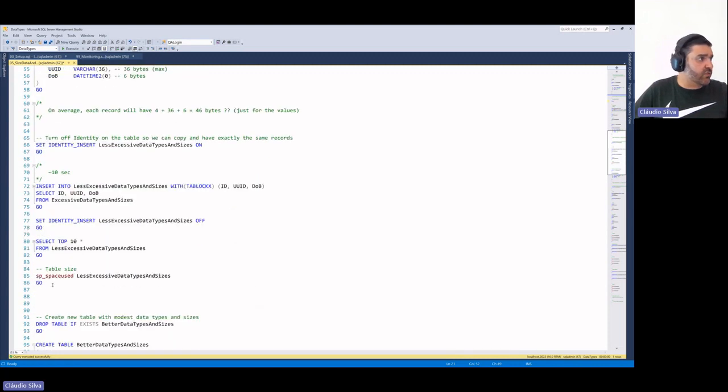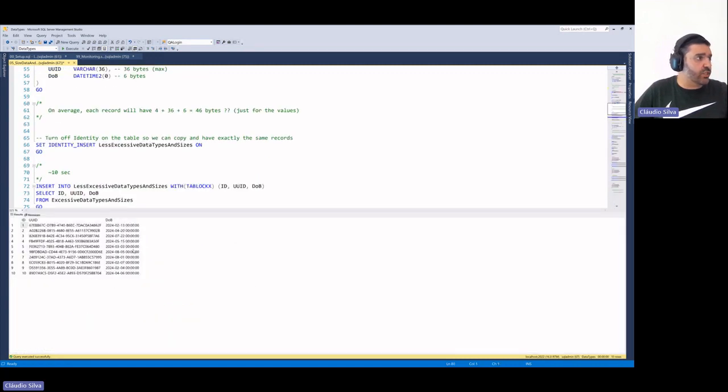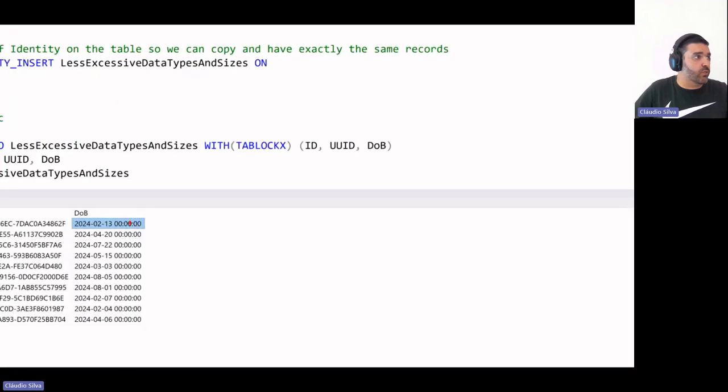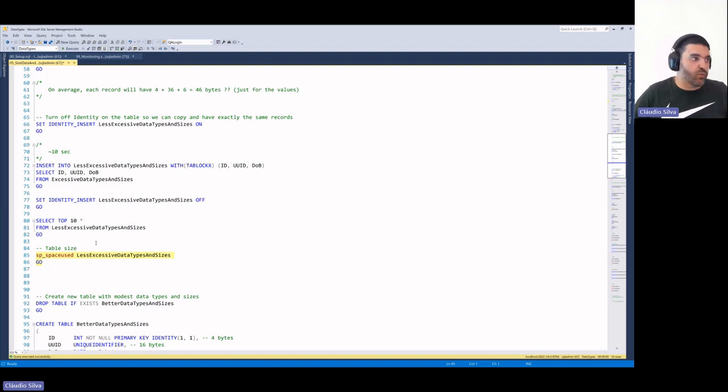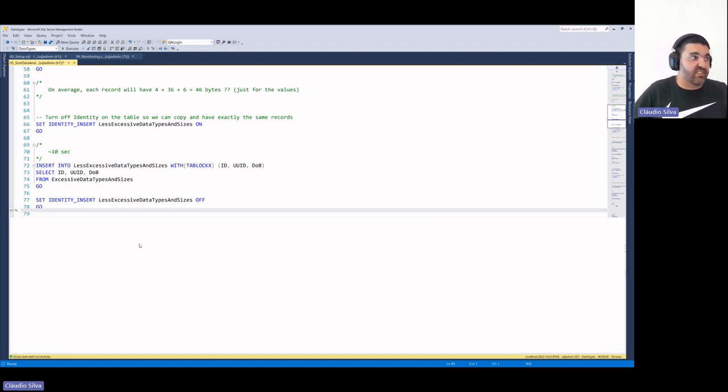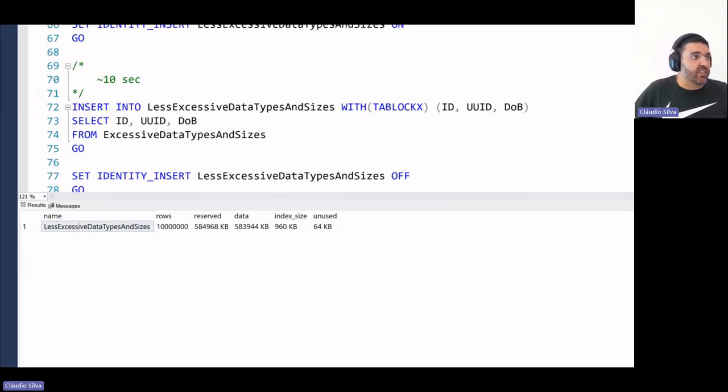I have already inserted this data as well, which is here. As you can see, we have just hour, minute, and second, not the milliseconds like we had before with the datetime data type. But most importantly, for the demo, what is the size of this table? We can see here that we went down from 1 gigabyte to 583 megabytes.